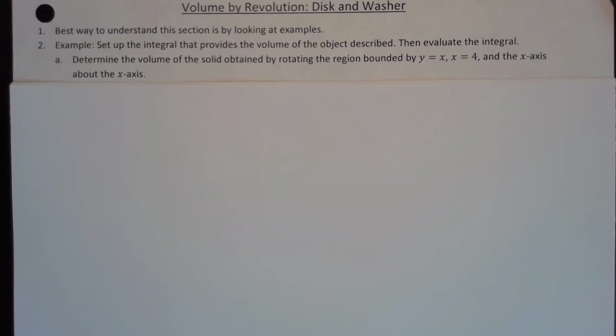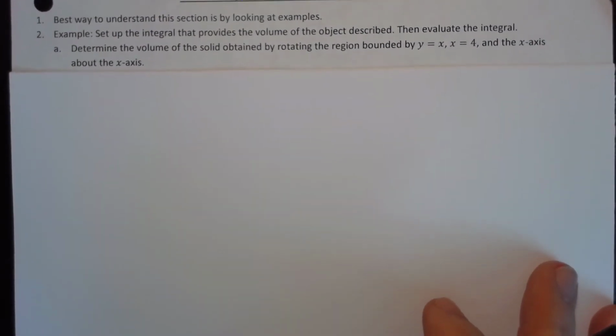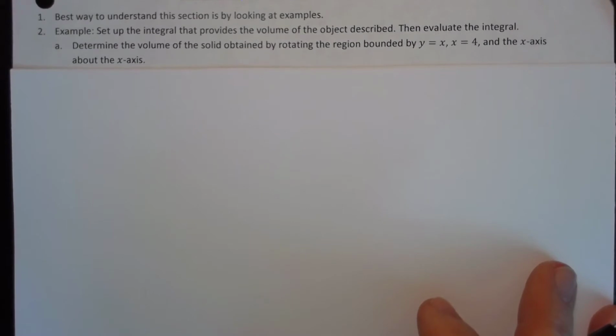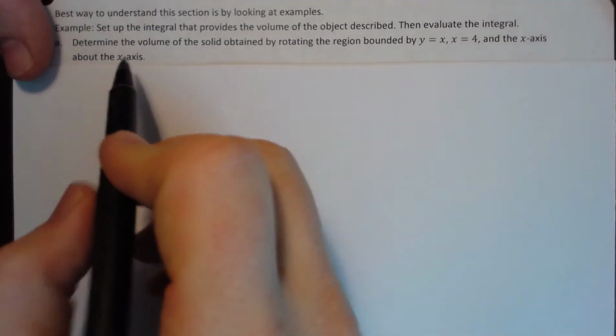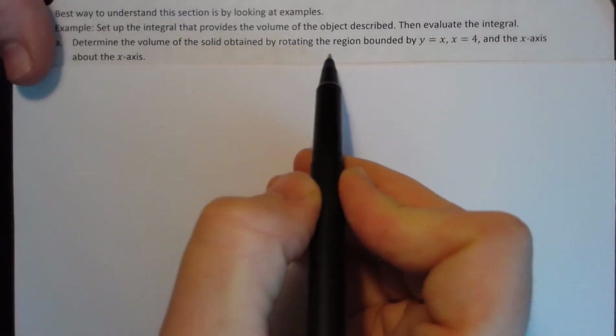In this video, we'll be looking at the concept of volume by revolution using disks and/or washers. In this first video, we'll follow the steps of what we should be doing in order to be able to identify the object that we're trying to find the volume of, and then we'll integrate that particular space. So, the first step is: determine the volume of the solid obtained by rotating the region bounded